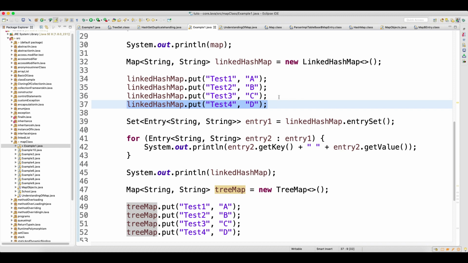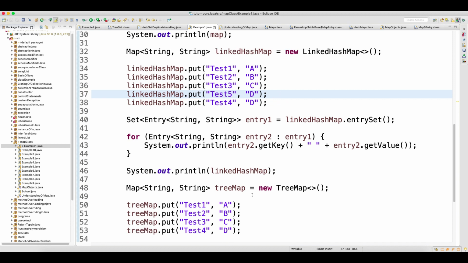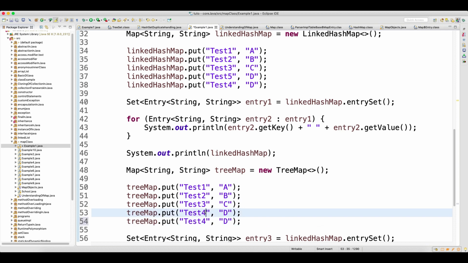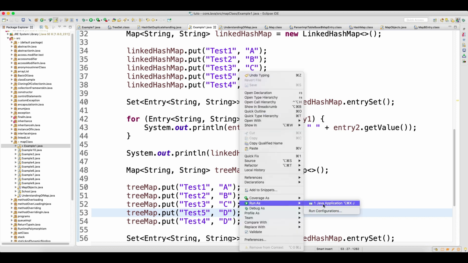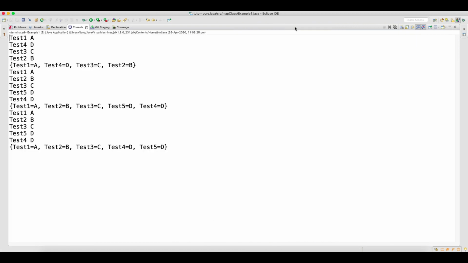Now for your understanding, I will go here and change it to 5, and in the tree map I will go here and after 3 I will change to 5. Now you can differentiate between linked hash map and tree map. Look at the output now. In the linked hash map, the insertion order was maintained: after test 3, test 5 came.